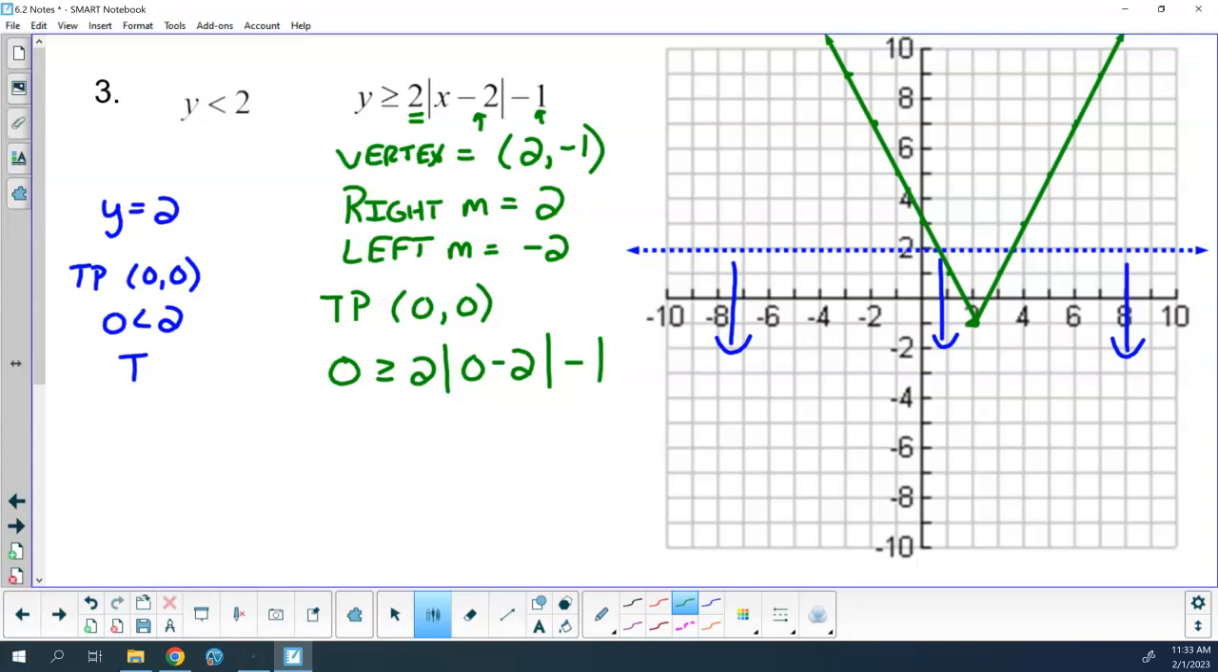0 minus 2 is -2. The absolute value of -2 is 2. Times 2 is 4, minus 1 is 3. So I have 0 is greater than or equal to 3. True or false? That's false. So with the absolute value, it's either inside or outside. Since my test point was on the outside, that means that I am going to shade the inside of my absolute value,